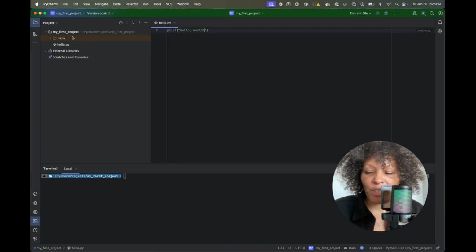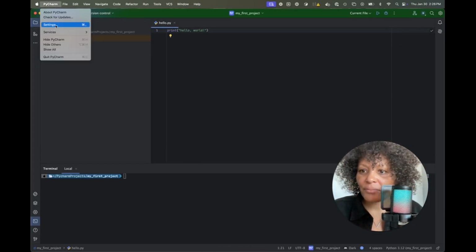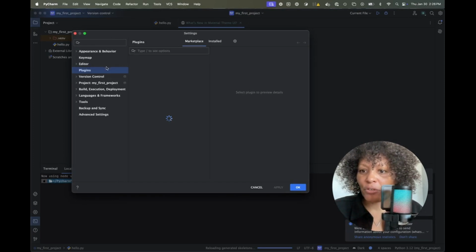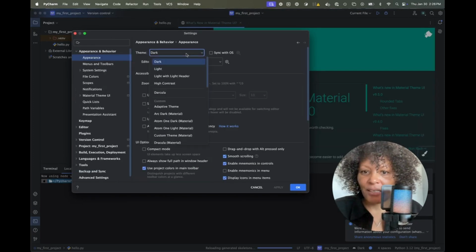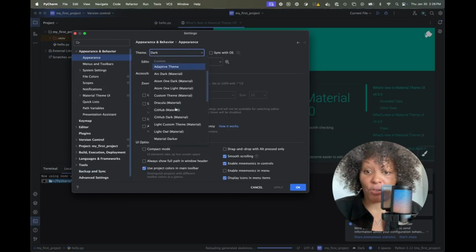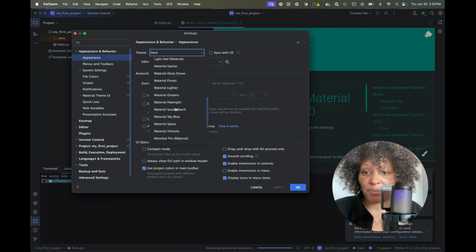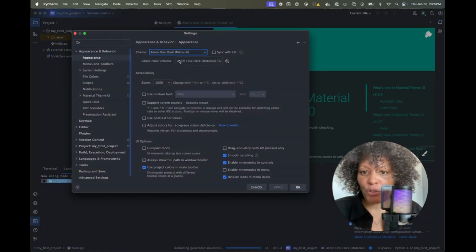And then once again, I'm going to go to my settings or preferences. I go to Appearance. All right. And now you can see there's all these new themes in here. And so I can go through and change the